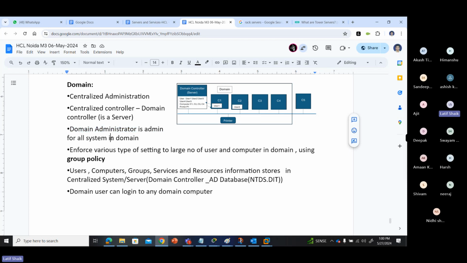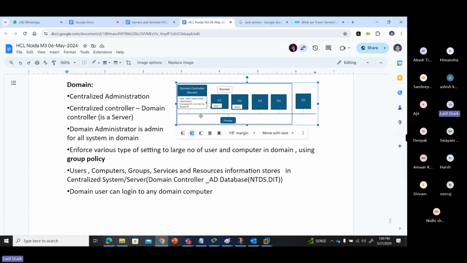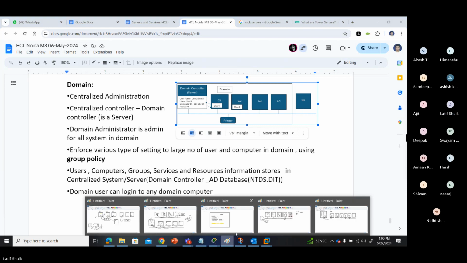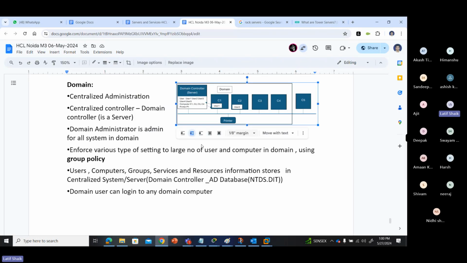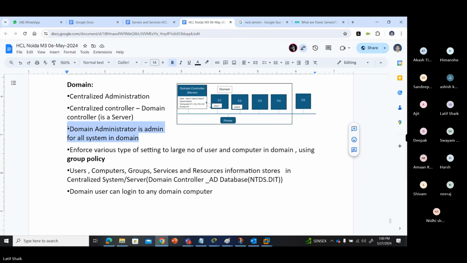He is the administrator of all the devices in the network. The domain administrator account is the administrator of all the devices that are in the domain. A domain administrator is an admin for all the systems in the domain. And